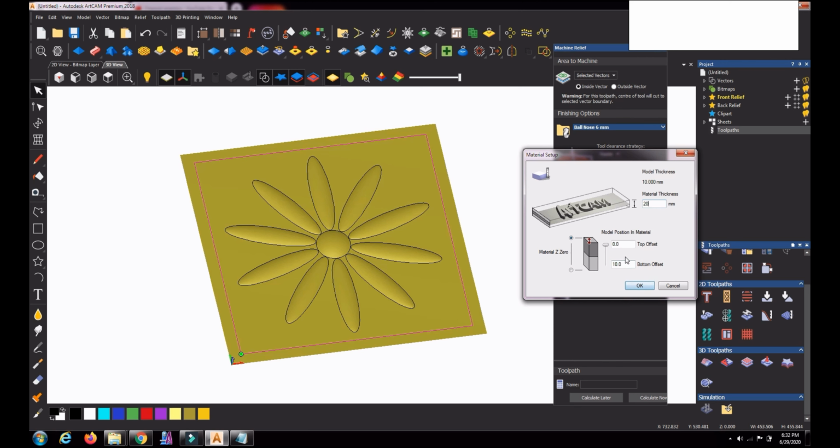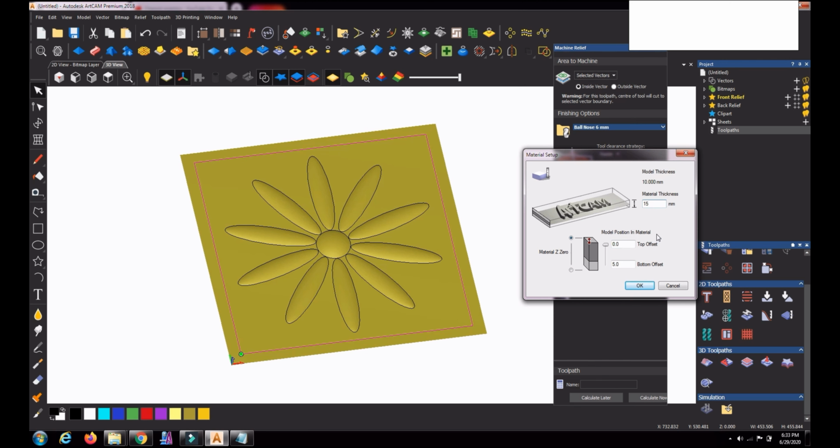20 mm means 10 mm will be behind. If I give 15 mm, then the top 10 mm will be the design and 5 mm will be free. Okay, like this. So you just leave the rest as it is. I will explain what all this is later, but whatever the default values are, you just work with them now. The 5 mm everything will come automatically. I will explain to you later.